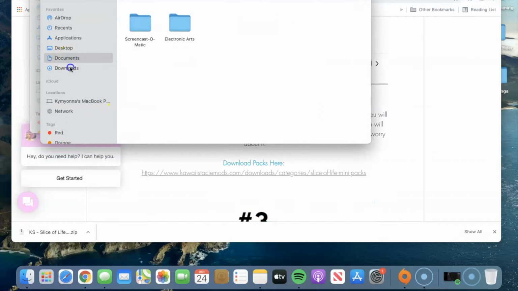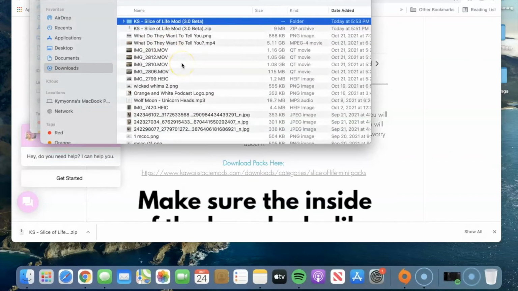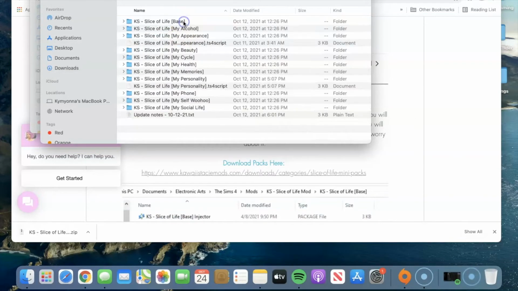And then we're going to go to Downloads, and we're going to double click on the KS Slice of Life mod. And then once we do that, I like to open it to check. So yeah, this does have the base in it. Okay, so guys, once you download that, she put it all together for us, which is really awesome,